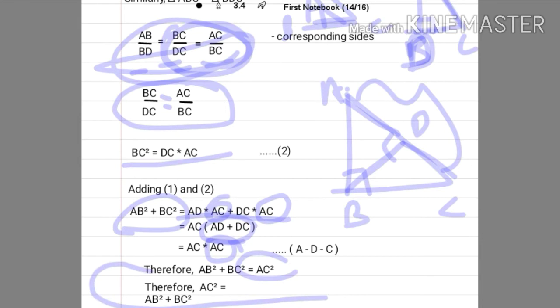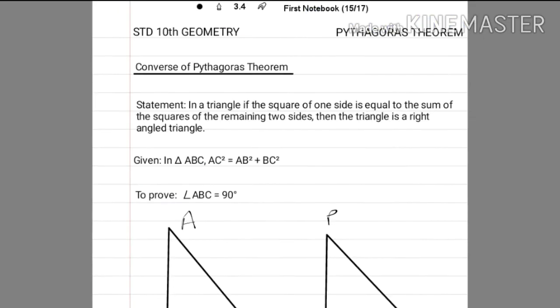Now there is the converse of Pythagoras theorem. We will see it right now. So I hope you have understood this theorem. Now the next topic is converse of Pythagoras theorem. Now we all know what this converse means. It means that it is the opposite of that theorem. So basically we have learned this in the first chapter of geometry, and converse means we have just proved the Pythagoras theorem, right? So here in the converse we are going to do the opposite thing. So let's see, you will get to understand what I am saying right now.